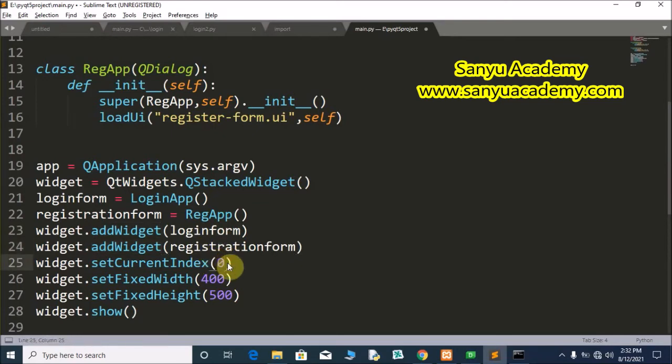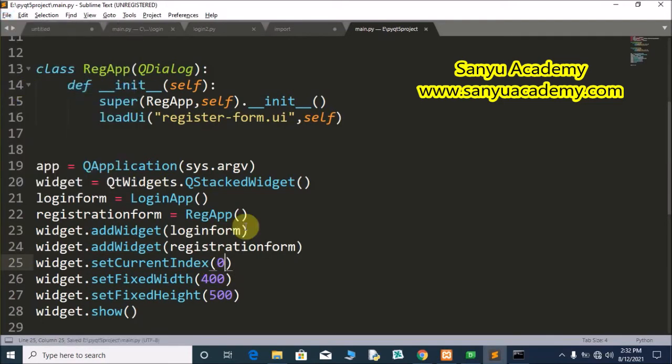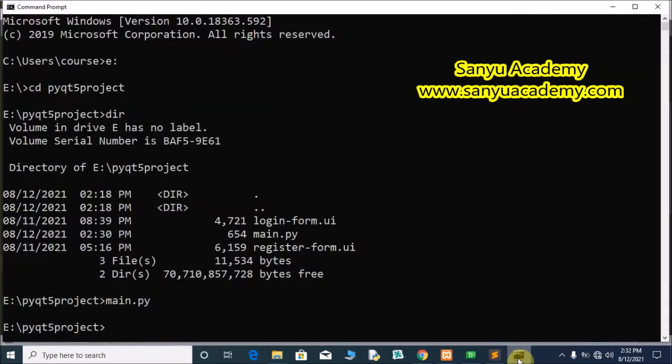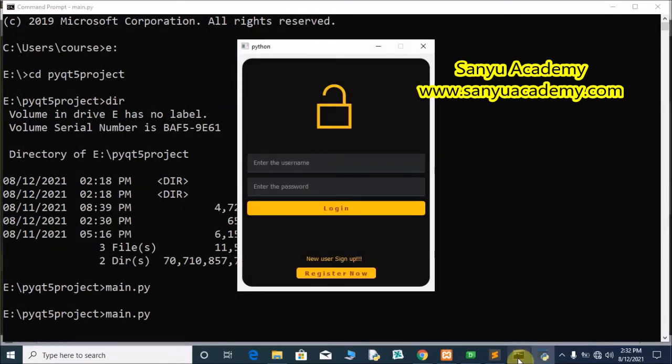Give 0 here. File, save. Now we will run the project once again. Open main.py. Now we can see the login form.